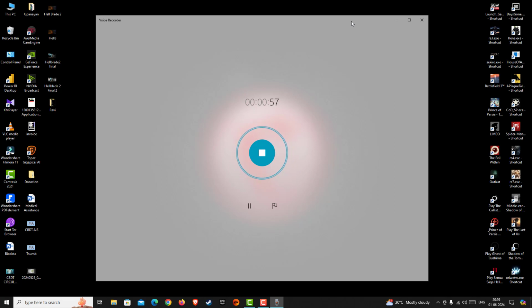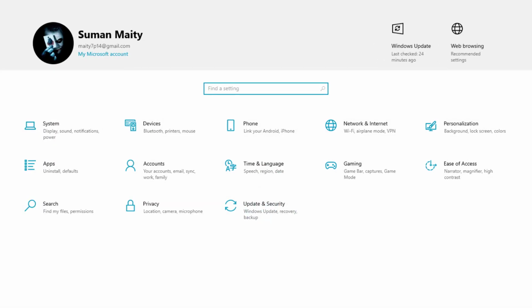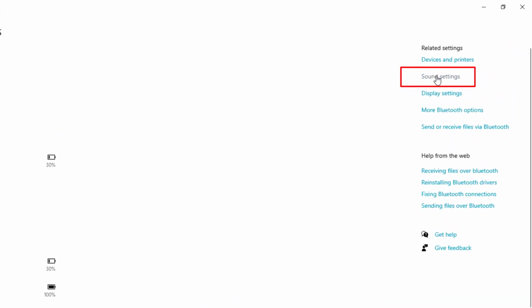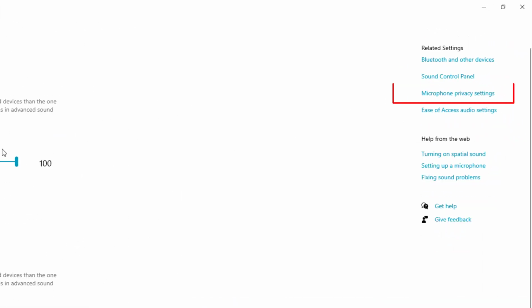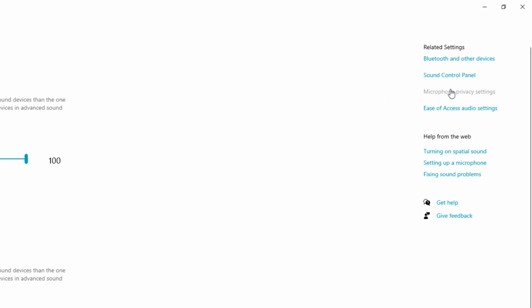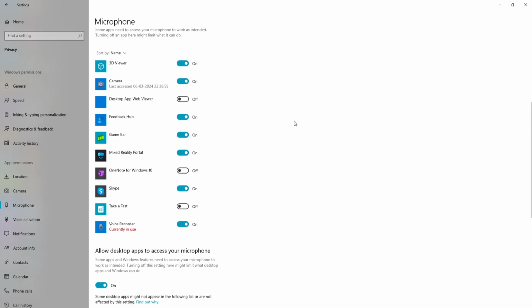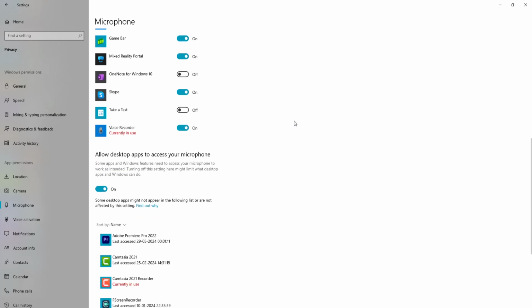Okay, so let me show you how you can do that. This is a very simple trick. Just go to settings and go to devices, and from there you go to sound settings, and from here you click on privacy settings, and from here you can see